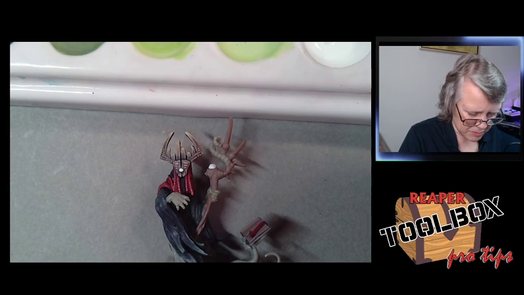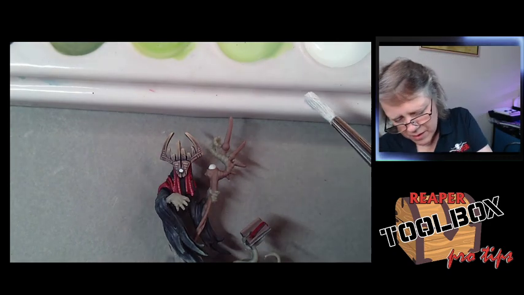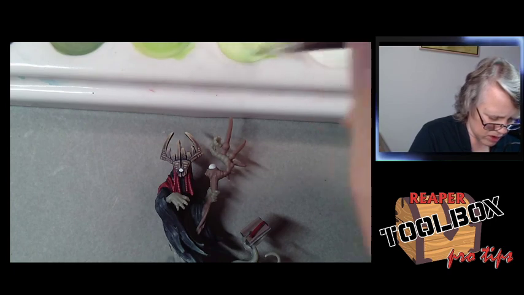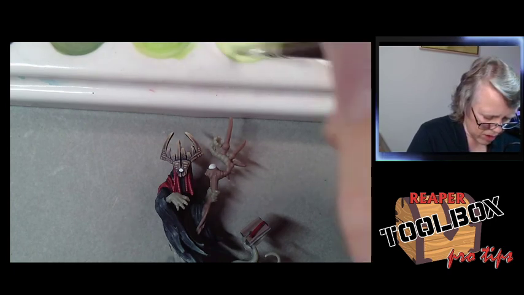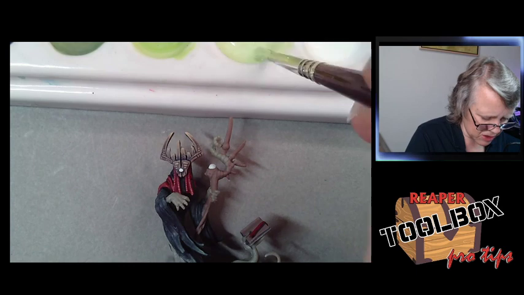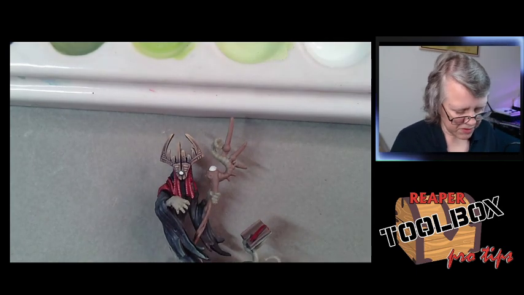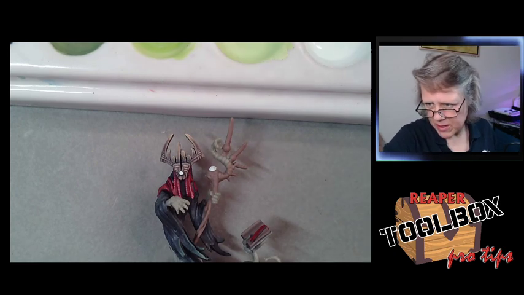So I'm also going to mix up just pure Vampire Pallor. Vampire Pallor is a good, if you're looking for Maggot White, it's similar. It's not quite the same, but it's very similar. But if I want an off-white to play with,